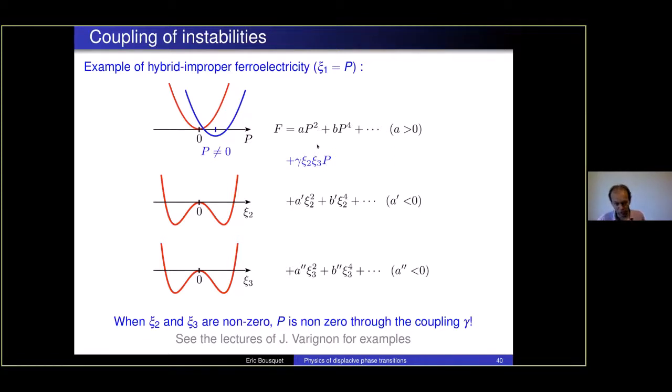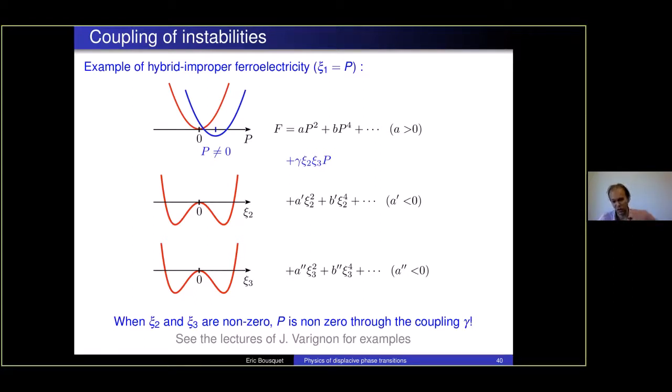And that's why we say polarization is not a primary order parameter but a secondary order parameter, in the sense that it is driven by other order parameters that are Xc2 and Xc3 here. As you can see, finally you still have a single well, but due to the presence of Xc2 and Xc3 and this coupling, this single well can be shifted to a non-zero value of polarization and is lower in energy. And this means that you can have a ferroelectric transition, a displacive transition, through a phonon mode that is imaginary but not polar at the beginning.